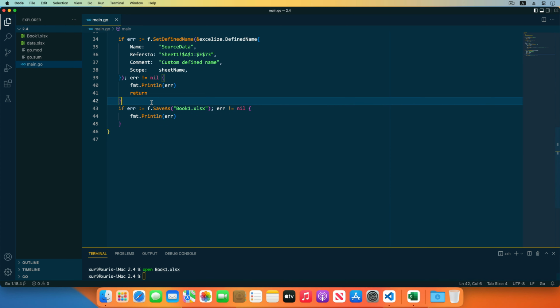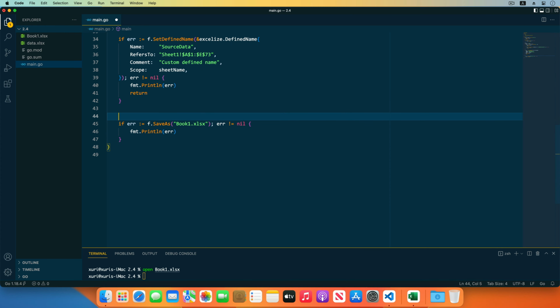There are various configurations of the pivot table that can be specified with the pivot table option data type parameter. The data range field is used for specifying the data source of the pivot table, which supports range reference or defined name. I use the defined name just created here. The pivot table range field is used to specify the range to place the pivot table. Create the first pivot table in the range G2 to L13 on the sheet 1.